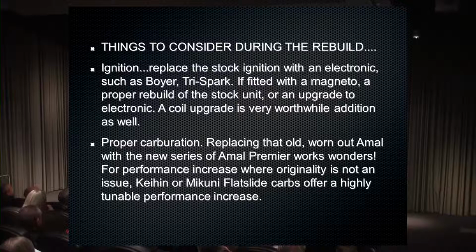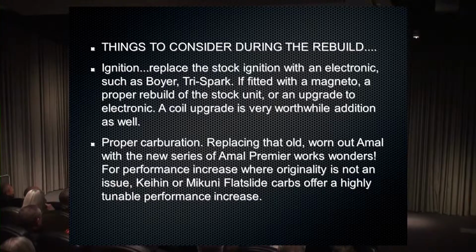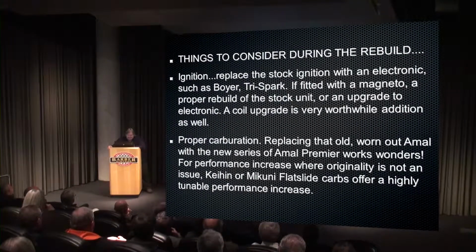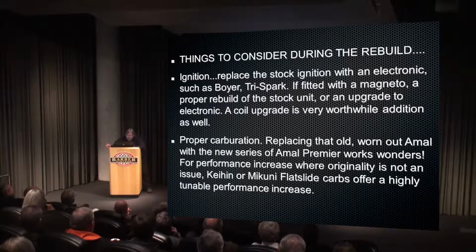Carburation. Just about all the carburetors on the old bikes are going to have some issues. If it's an Amal carburetor, it's going to be worn out. I'm sure all y'all are familiar with that. On the British stuff that runs Amals, the new Amal Premiers are just a blessing. It's a revelation. If you've got a mediocre old Triumph, Norton, or BSA twin that you like to ride, and it's a little hard to start and doesn't accelerate quite well,